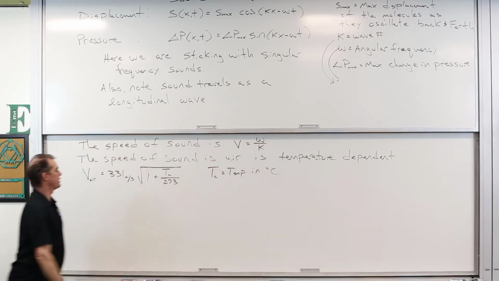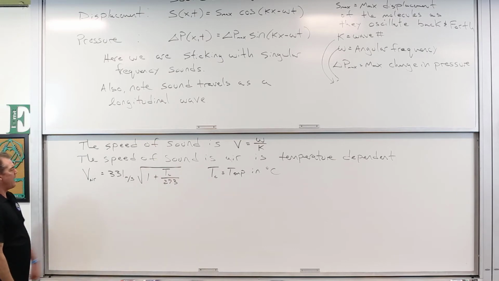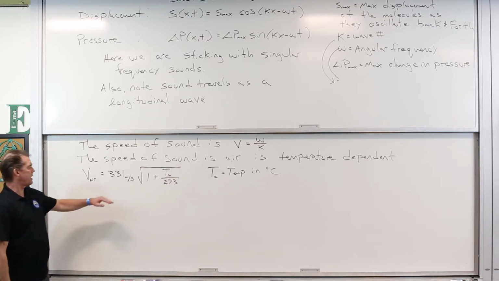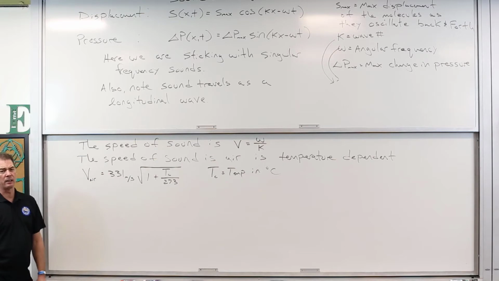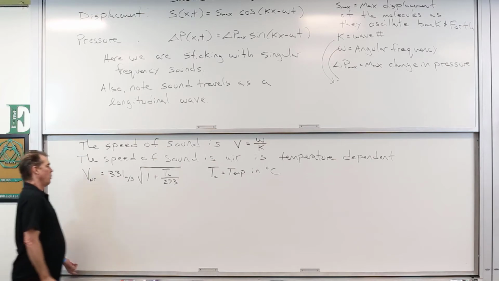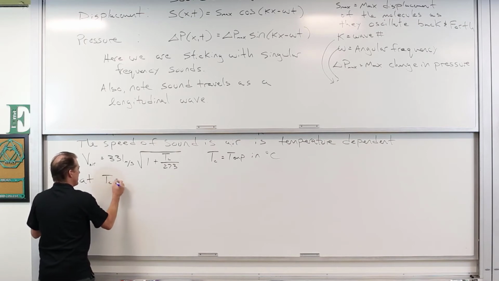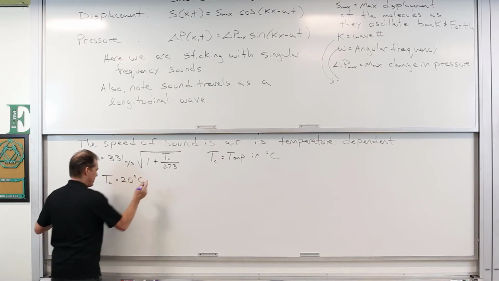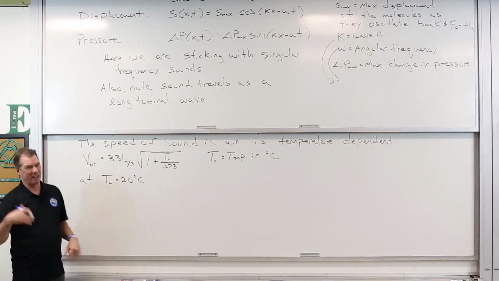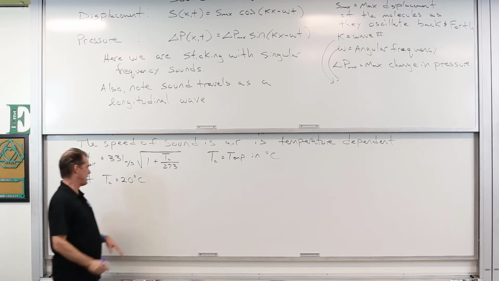Temp in degrees Celsius. So what do we have? Well, at 0 degrees Celsius, the speed of sound in air is 331 meters per second. Great. Well, at T sub C equal to 20 degrees Celsius, which is considered to be room temperature, around 72 degrees,